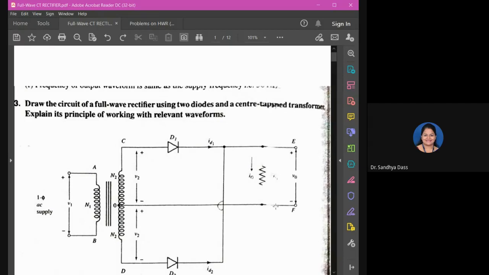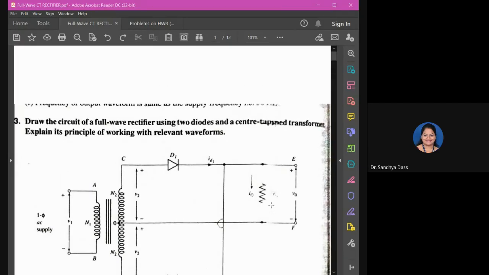So, full wave rectifier, again, as the name suggests, the rectification process is nothing but converting an AC signal to a DC signal. In a full wave rectifier, as I mentioned in the previous class, in both the cycles you will be getting the output. The output we got from the half wave rectifier was pulsating DC or varying DC, right? In a half wave rectifier, the output was only for positive cycles.